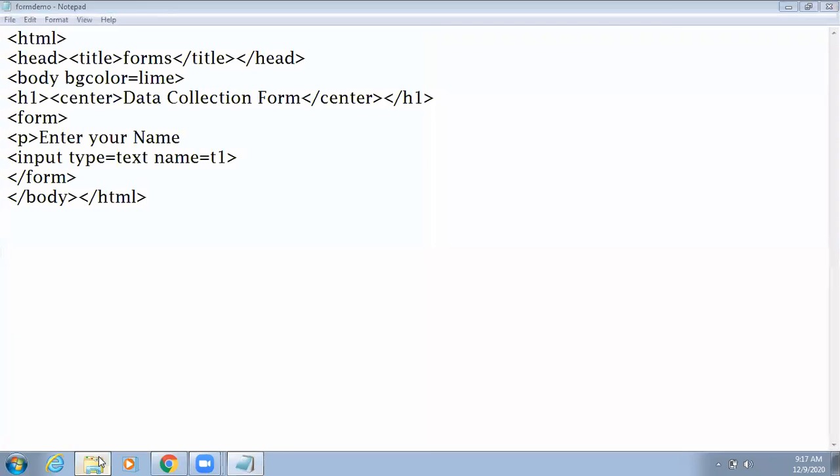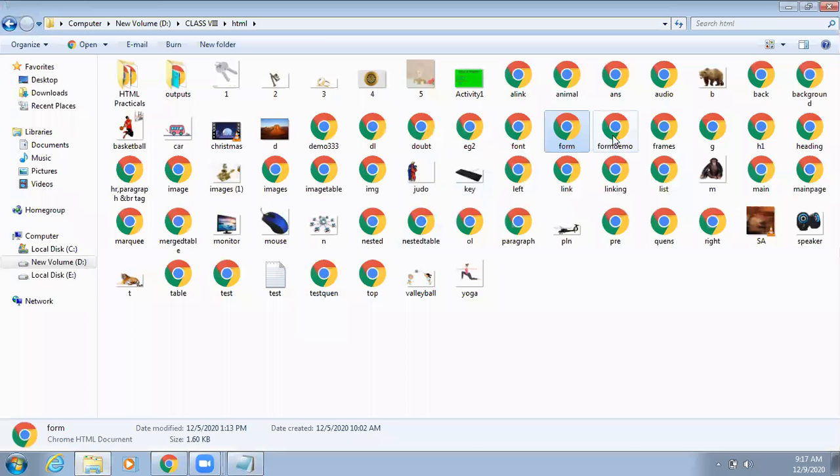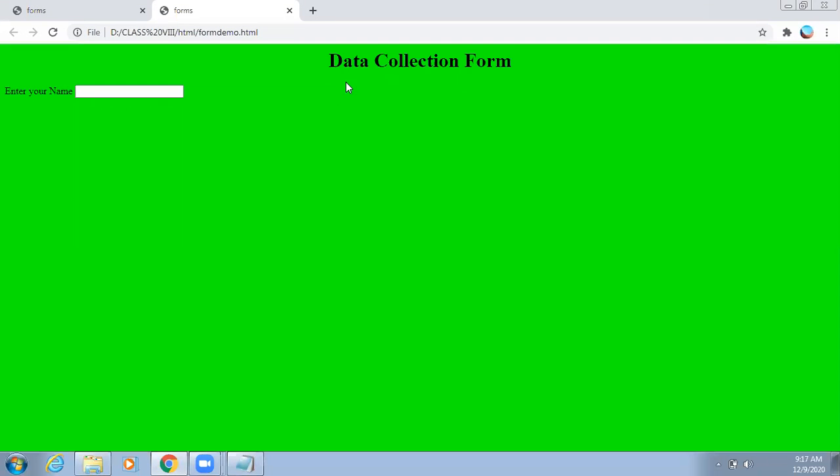Let us check now. This is the page which we have created. So data collection form is coming, color lime is coming, enter your name is coming,